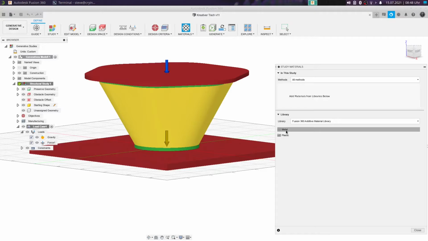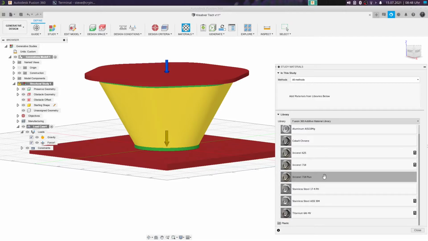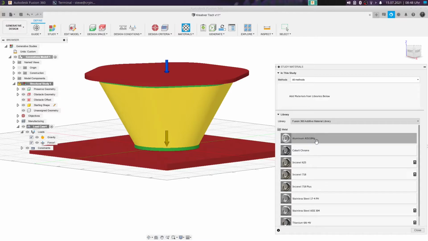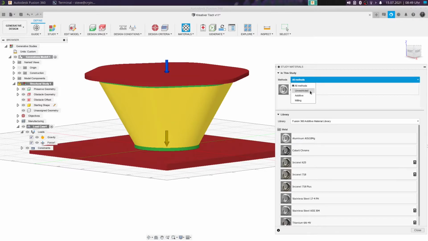And so I can maybe click on metal, and then I can select some of these materials, maybe aluminium. Then I click on this material aluminium and hold this and move this one to this section, add materials from libraries below. Okay, and now you can see I have added this material to this method here, all methods,